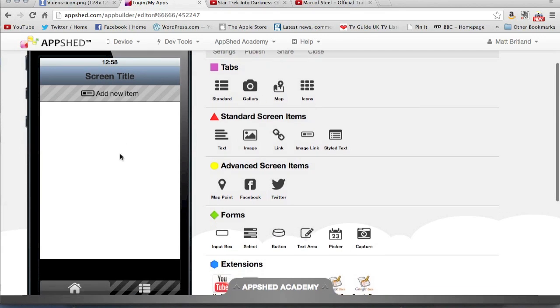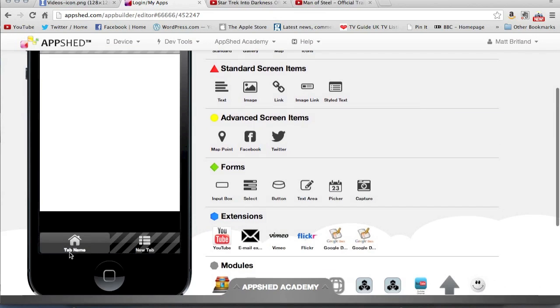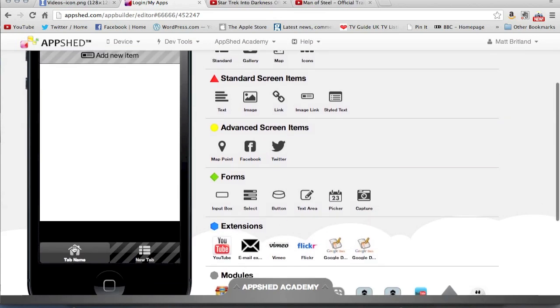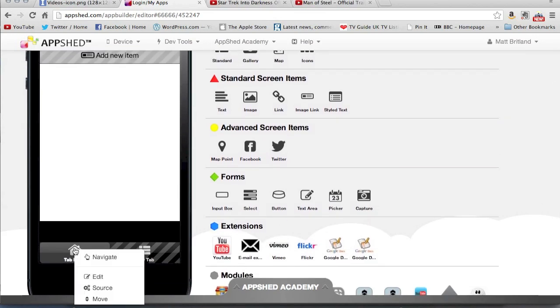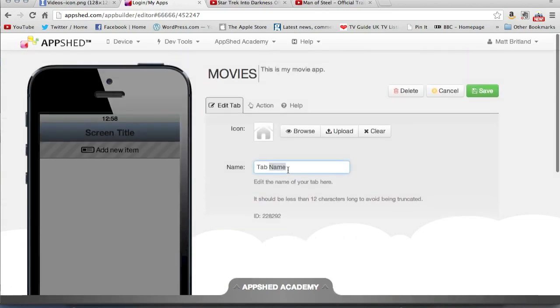But what I actually want to do is turn this into a menu screen first. So what I'm going to do is click on tab name down the bottom and go to edit, and here we go. So I'm going to call this menu,